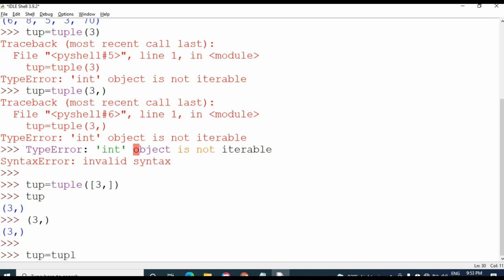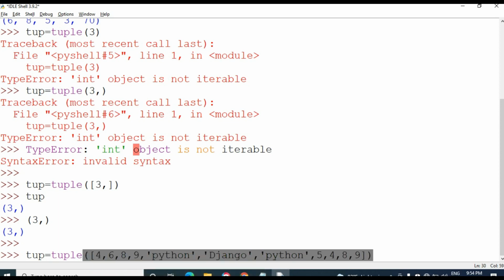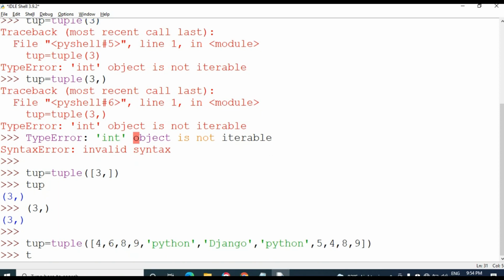I have created a tuple with 9, Python, Django, again Python, again 5, 4, 8, 9.